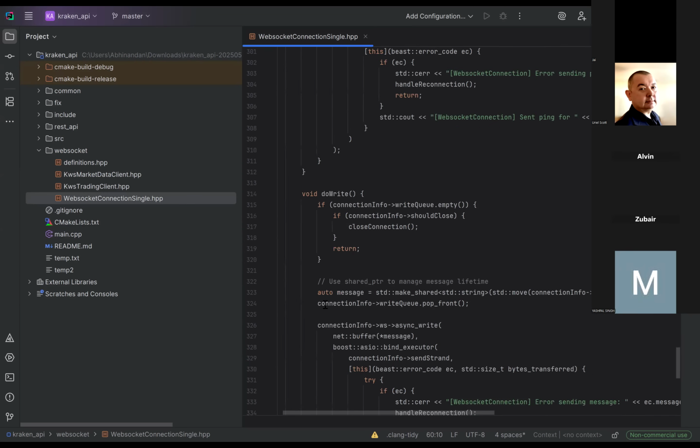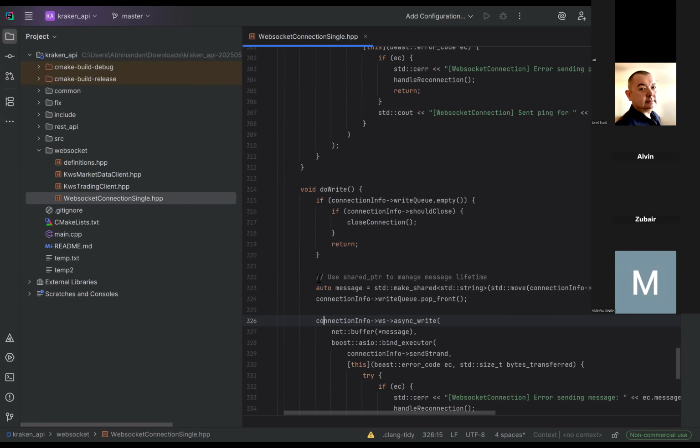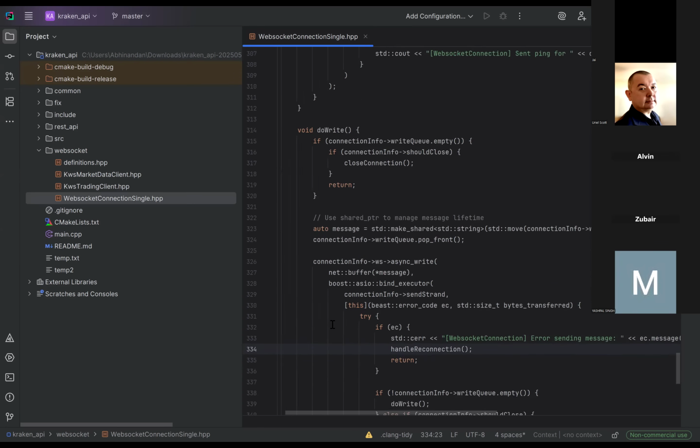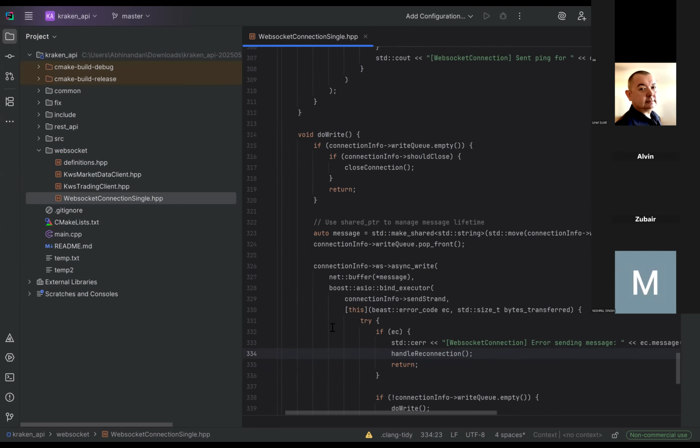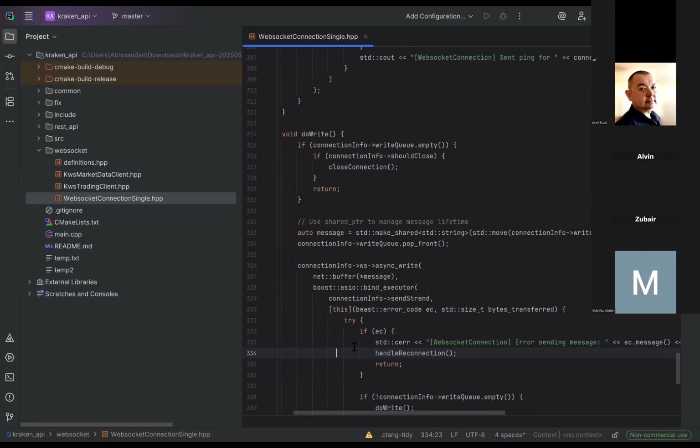Here is the do write function, we will call it, right? What it does is first check if the queue is empty. Since this function can be scheduled by a lot of different threads that call the send message function, do write can be triggered multiple times. So it first checks if the queue is empty, and if the connection is broken, or if the connection has been closed. If the connection has been closed, then it returns, and it uses a shared pointer to manage